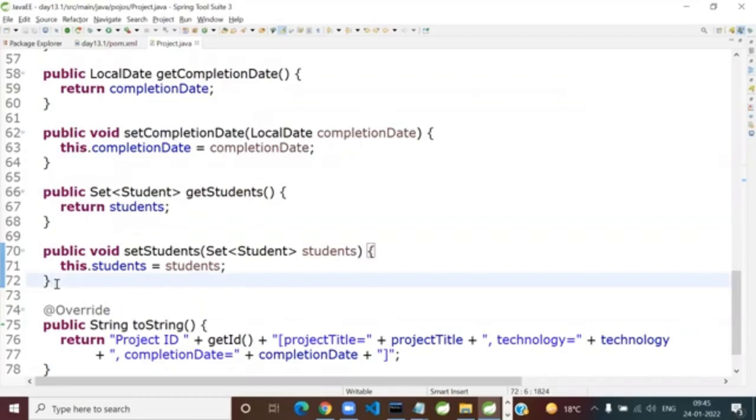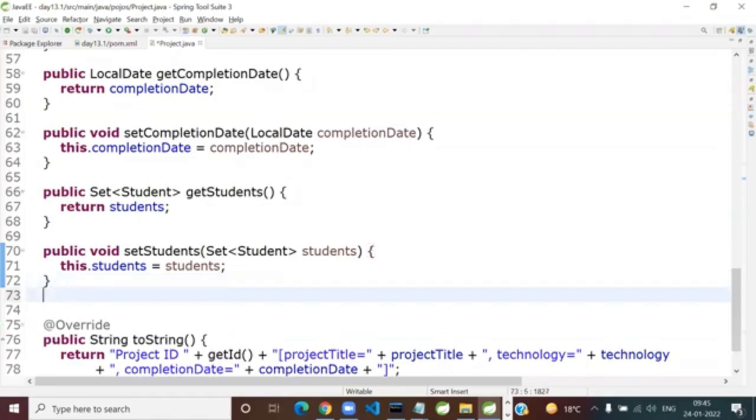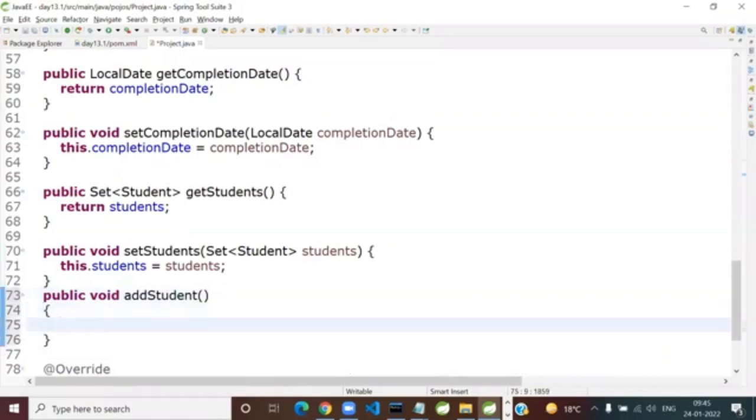So I will do it this way. Only answer one question. They are generally required, essential in bidirectional, but since I talked about it, I'll ask you. If I want to add a student, how will I do this? I want to add a new student to my project group.